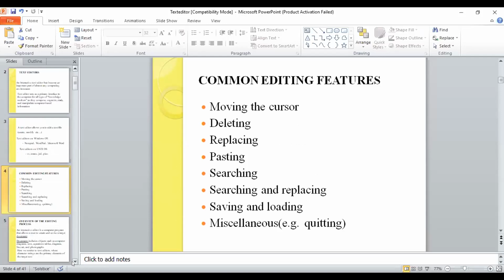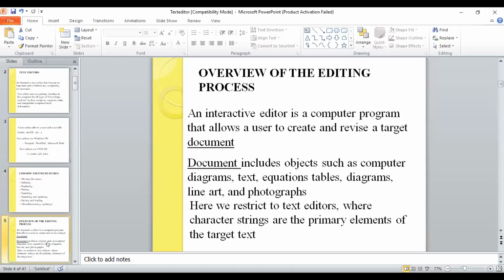These are some basic formats of editing. With an editor, the user should create and revise a target, that is, documents, because whatever you save or present is created in your text editor.